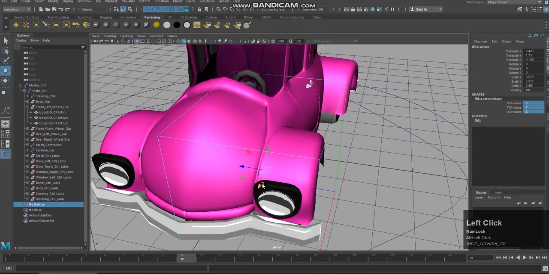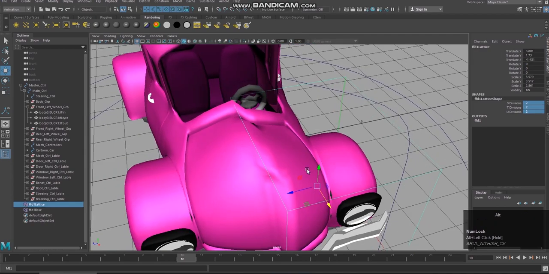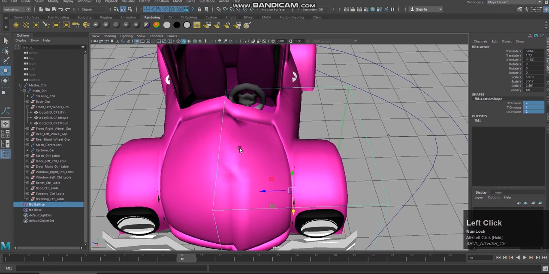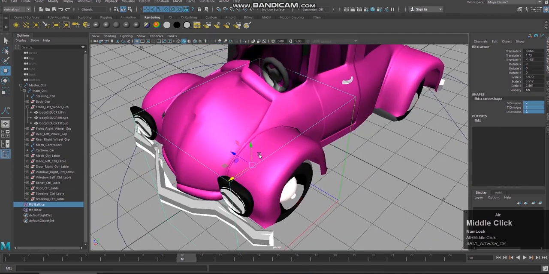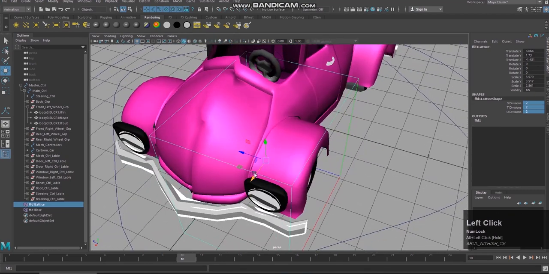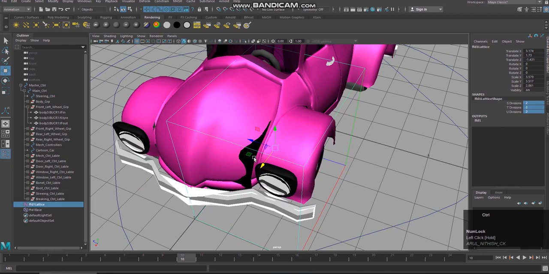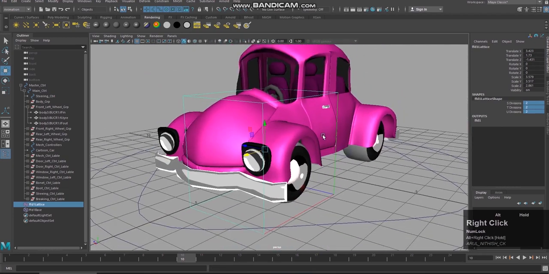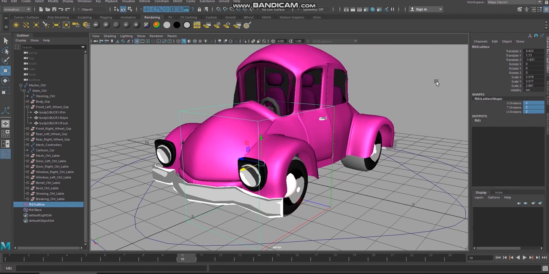See, the vertices are not selected properly here. You should keep in mind to select vertices properly, and not like this. You should do soft select. For the time constraint, I want to make the video short and clear, so I'm telling you the concept alone. Select the first half of this car, the right side of this car.